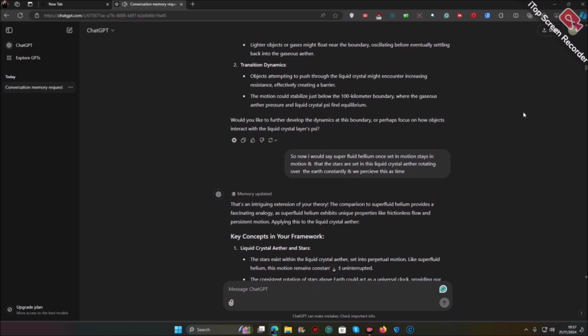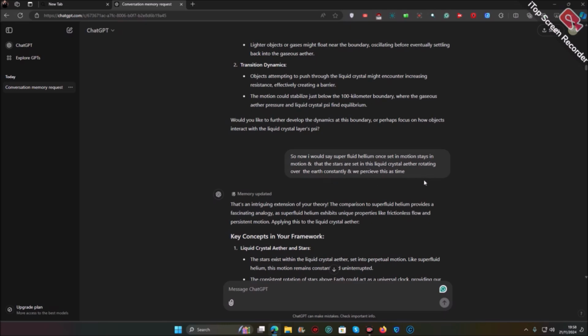Would you like to further develop the dynamics at this boundary, or perhaps focus on how objects interact with the liquid crystal layer's psi? So now I would say superfluid helium, once set in motion, stays in motion, and that